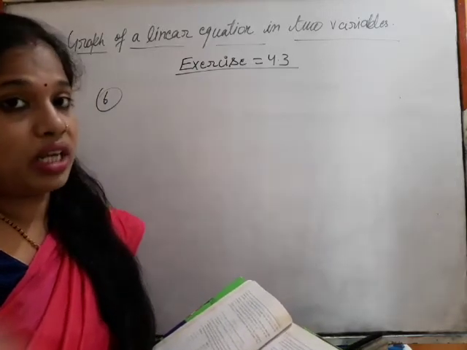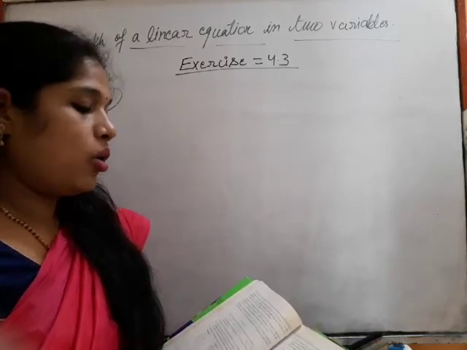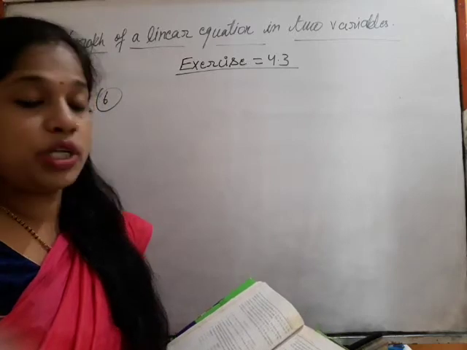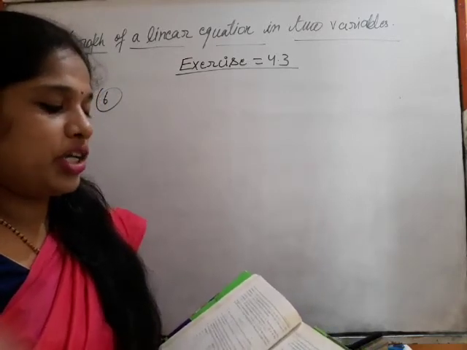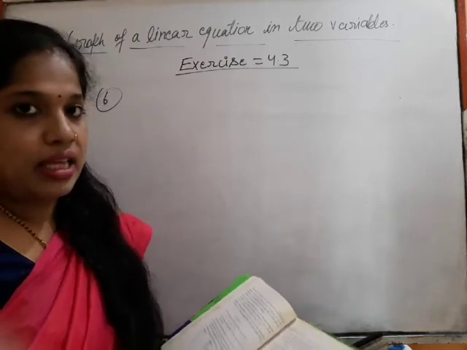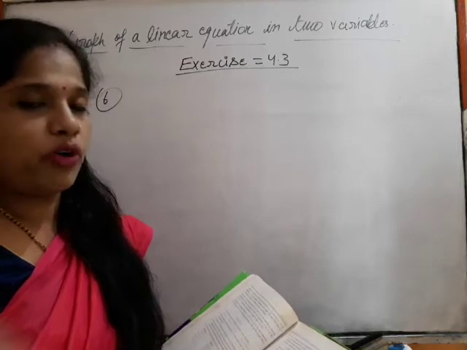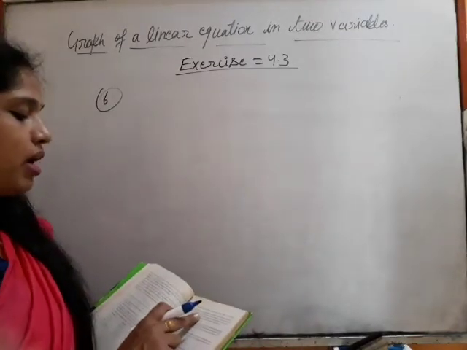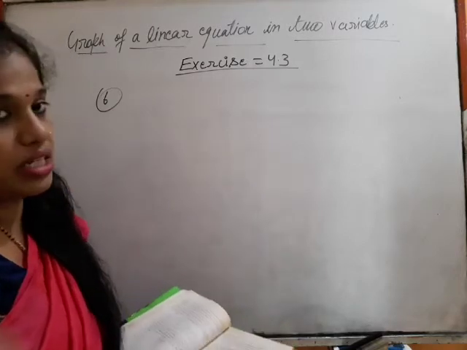Okay, when we will plot the graph, from the graph itself we can understand what will be the work done when the distance travelled will be 2 units or 0 units. Okay, so according to the condition, the first variable is for work done and the second variable is for distance travelled. So the condition says work done by a body on application of a constant force is directly proportional to the distance travelled.